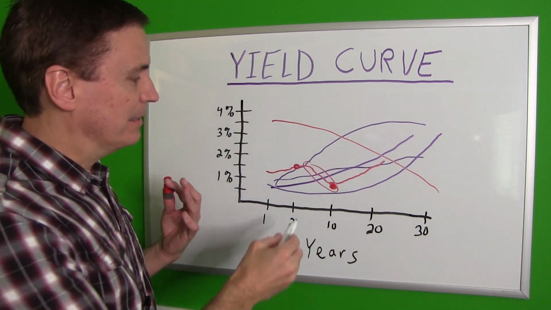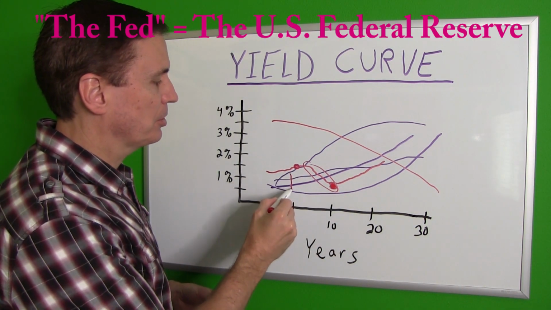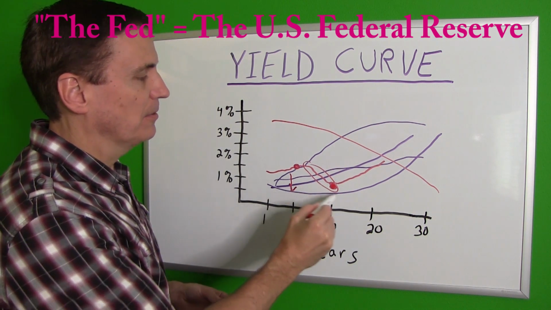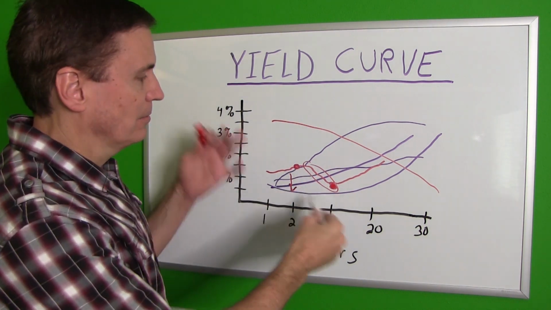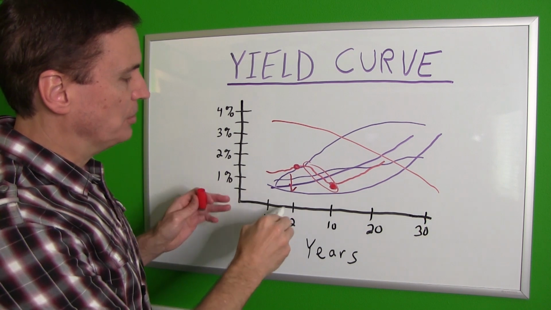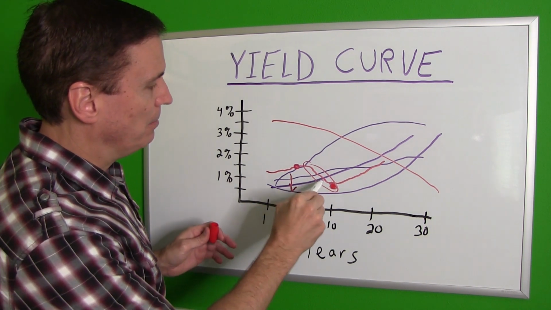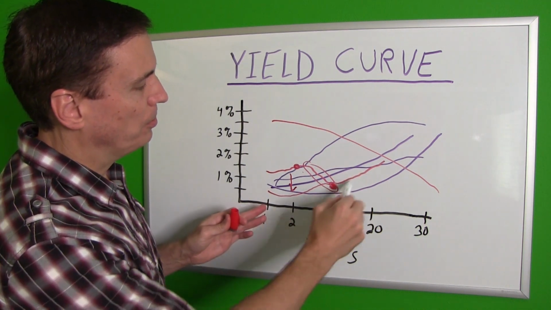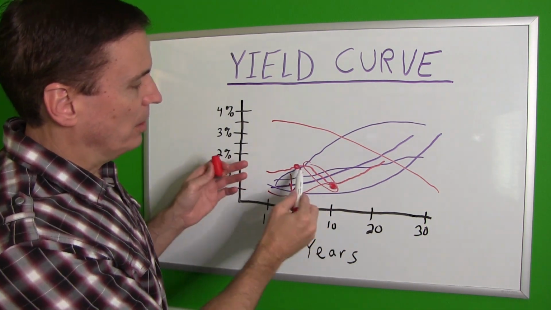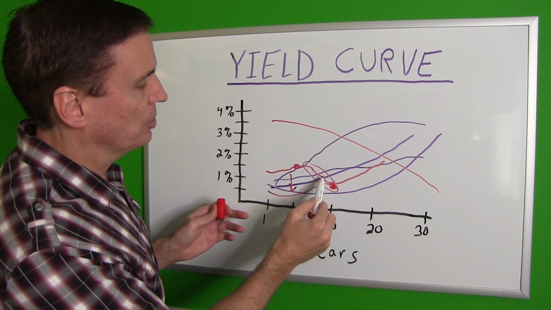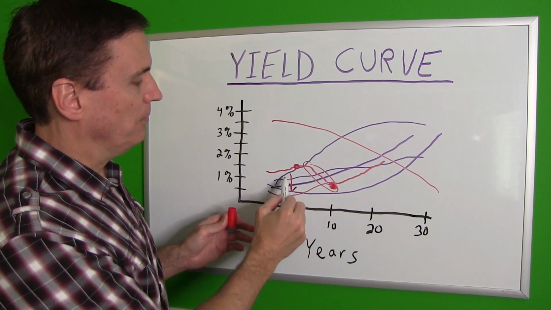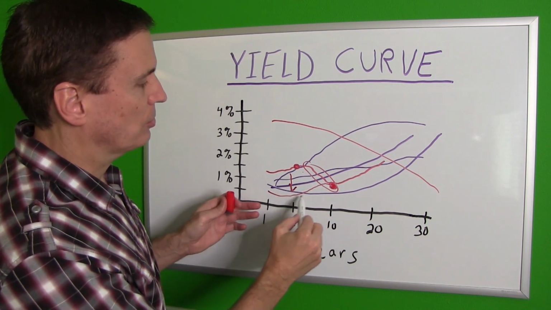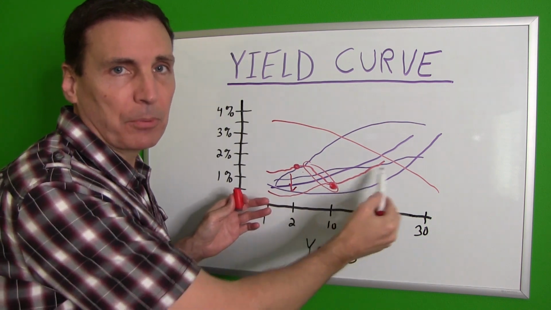Now, one thing the Fed might decide to do is try to push down these shorter term rates so that this inversion gets unwound, let's say. So if they force down these short-term interest rates and they make this line down here, then it normalizes the slope of the yield curve where it wasn't normal before. It had that inversion. So that may be a tool in the Fed's tool chest to try to straighten out that curve, or actually make it upward sloping.